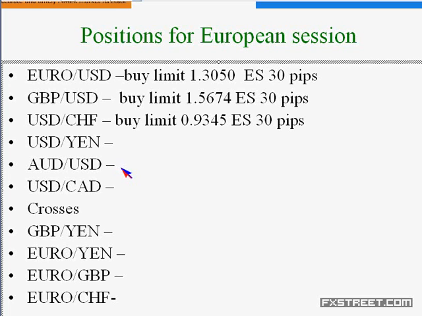Australian dollar, 1.0160 is the current level, 1.0179 is the high, and 1.0128 is the low. So the market is closer to the high. If we keep a buy closer to the low, they may not come down that much. Then with regard to the yen crosses,